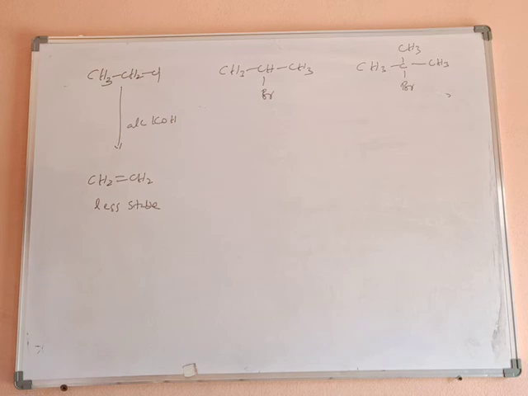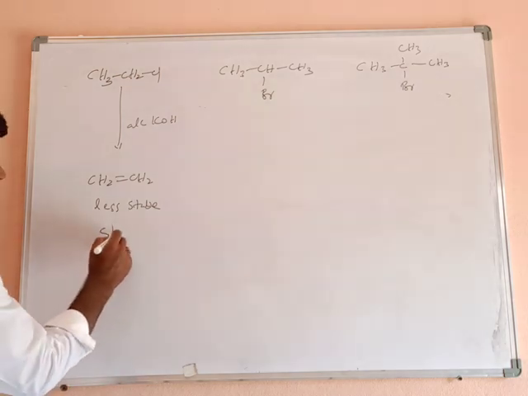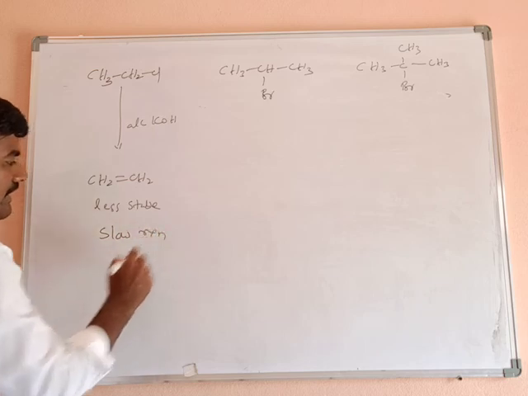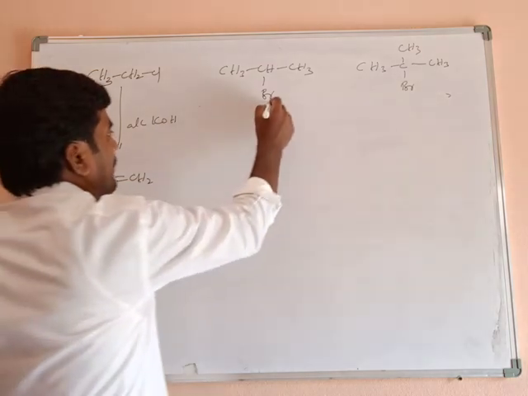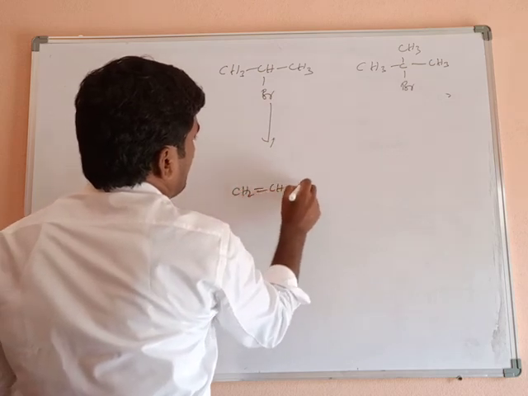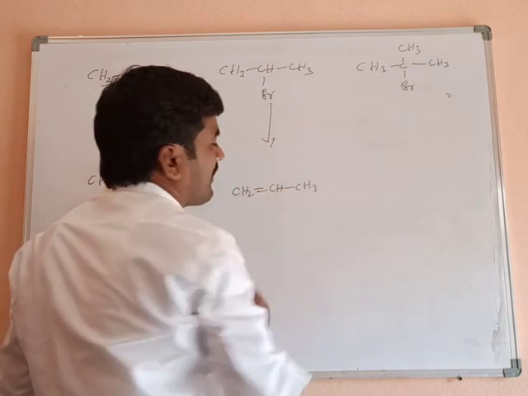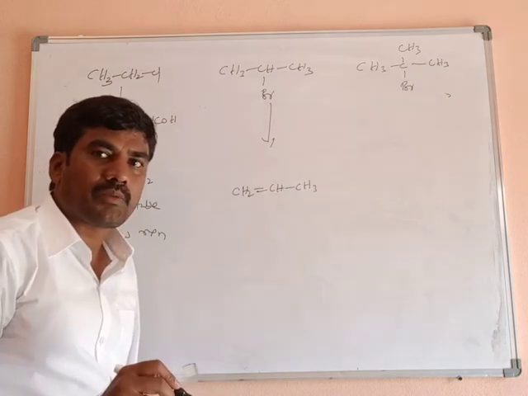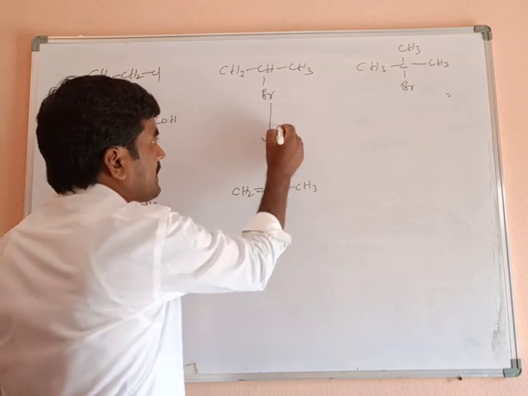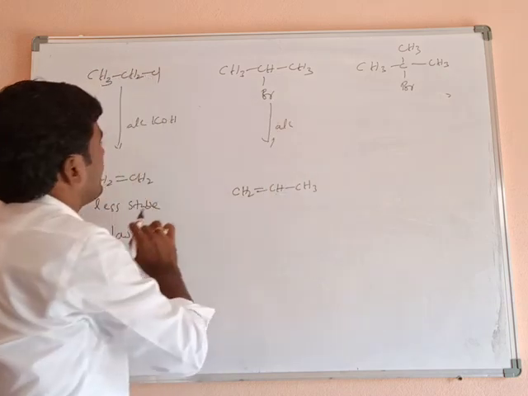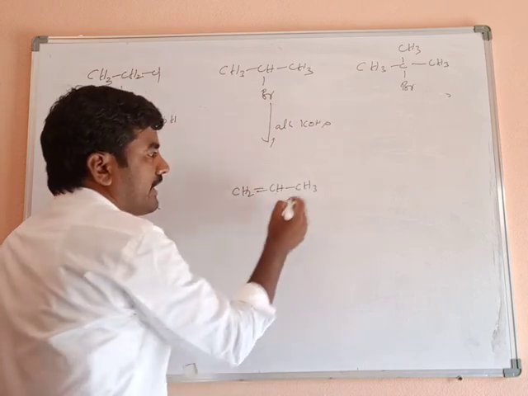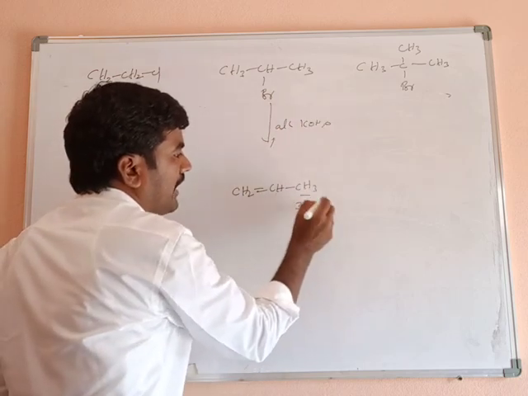So what about the rate of reaction? Very slow. It is a very slow reaction. What about this? We will get CH2 double bond CH single bond CH3, and a methyl group is on the double bond carbon. A substituent is there, and more substituted carbons are more favorable compared to this one where only one substituent is there. So the rate of this reaction is faster than ethyl chloride with alcoholic potassium hydroxide, heat. We will get this product here. How many alpha hydrogens? 3 alpha hydrogens are there.